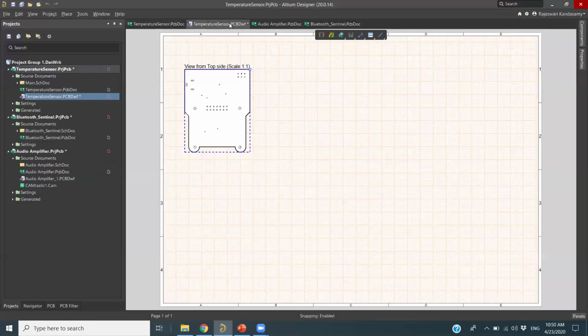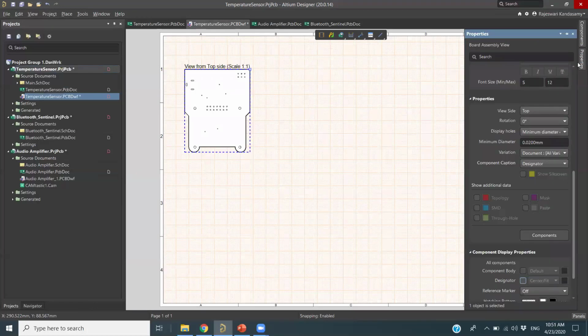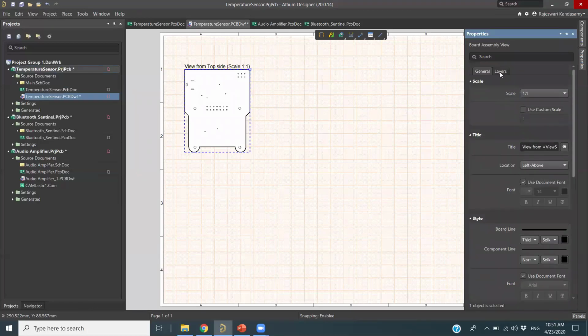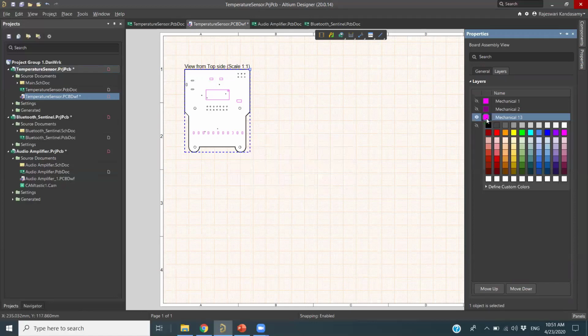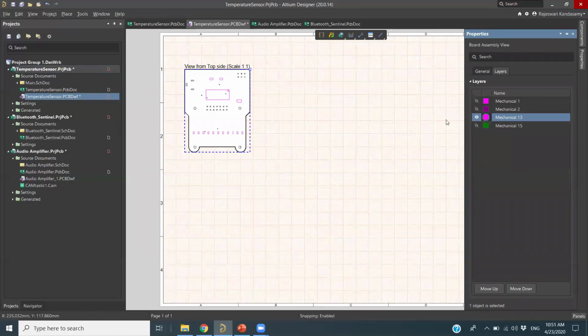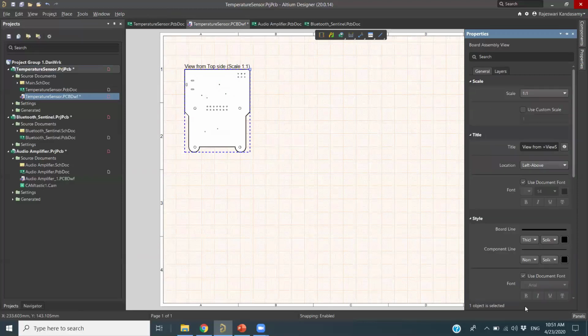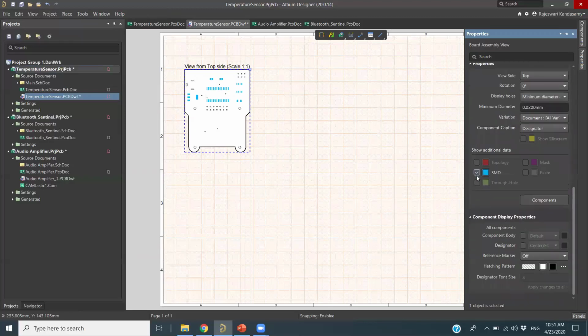Go to your Draftsman, then go to the properties. Now I will go to the layers and adjust that layer 13. You will see that layer properties alone on the board. If you want to change the color of the layers, you can change it here from the color change. You have this option also. Now I hide it again, go to the general, and bring back my components, all this information.